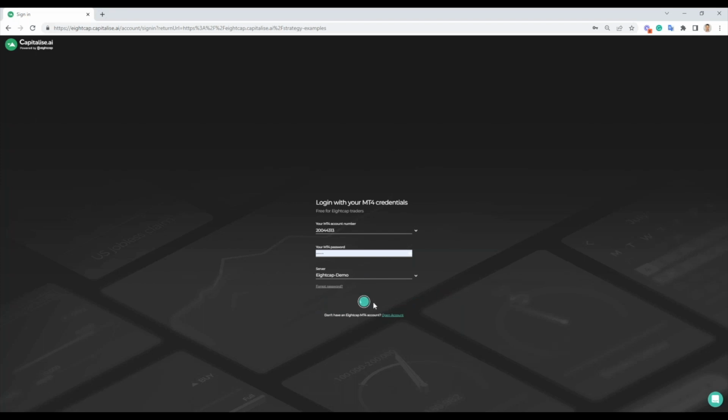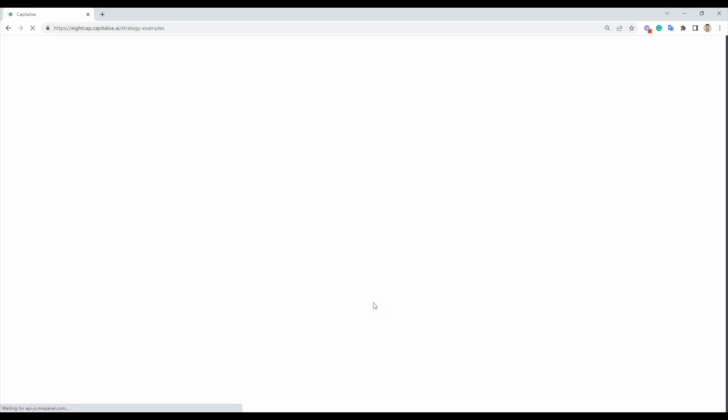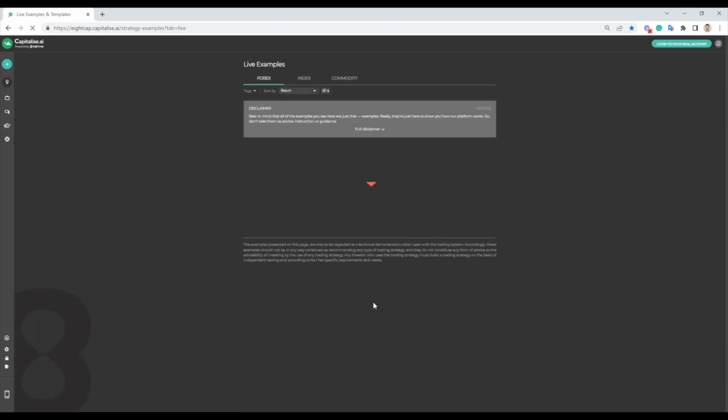And for anyone new here that hasn't used Capitalise, with Capitalise, you can create your trading strategies in freestyle text, in everyday English. You can then take those strategies and backtest them, or you can run them live on a demo account or a live account. And you can also set up smart notifications, and we're actually going to get into some smart notifications today as well.